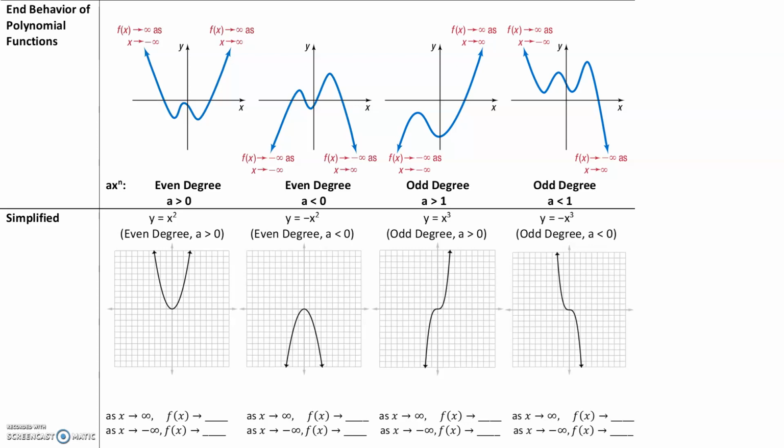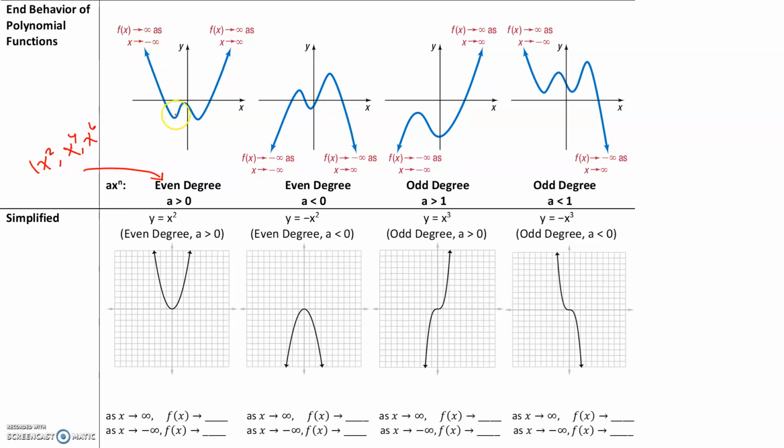So I'm going to break this up for you into 4 different cases. The first case is an even degree. An even degree is something like x squared or x to the fourth or x to the sixth. And a greater than 0 means that the coefficient is going to be positive. So the number in front of the even degree of the variable is going to be positive. In that case,